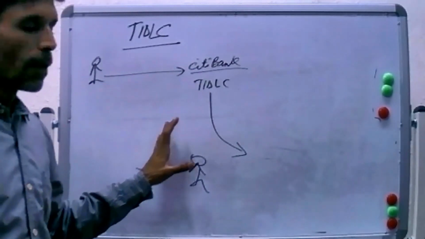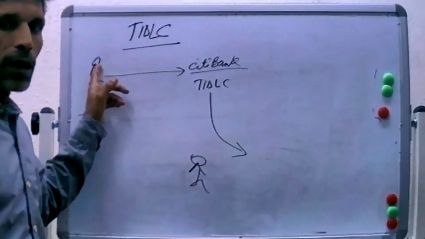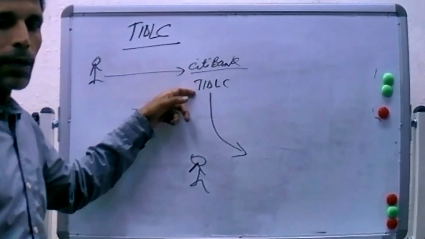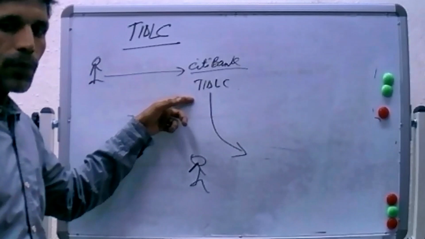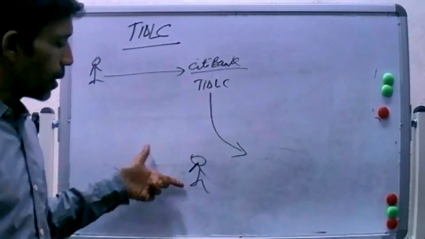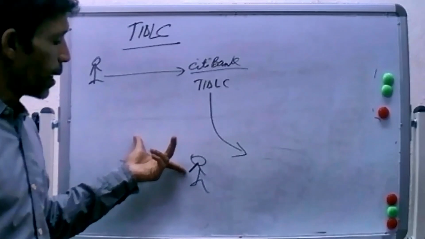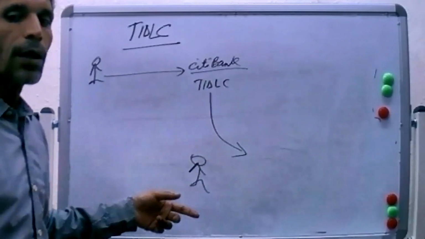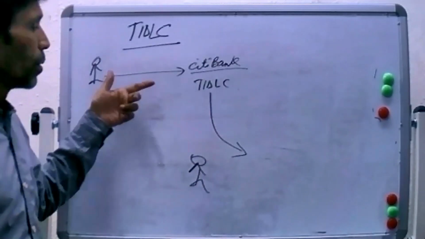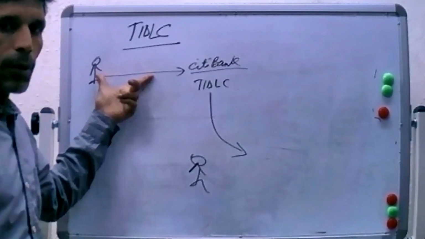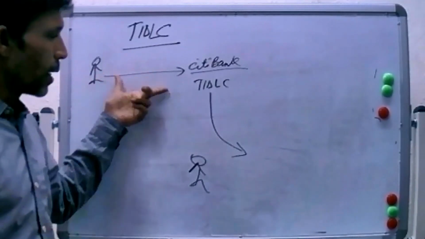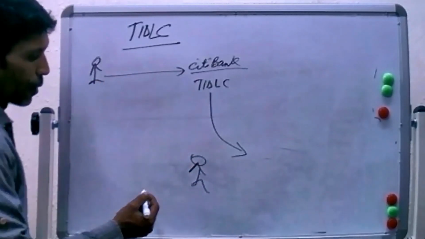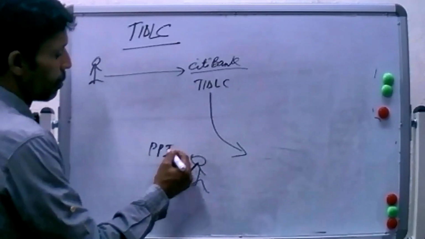That is why, once you have given him the final contract, he went to his bank and issued this TIDLC. That means he did not think, or even if he has thought, he relied on it and opened this TIDLC. That means you do not have to provide any PPI certificate to this bank or to the buyer. Okay, so if the buyer insists on proof of products, then you say, okay sir, I will provide the proof of products, the PPI certificate,